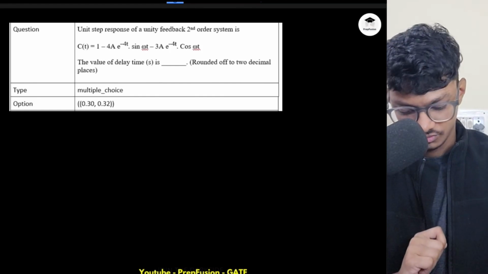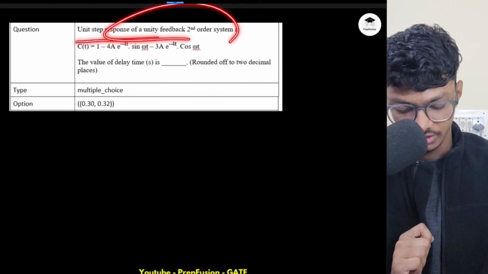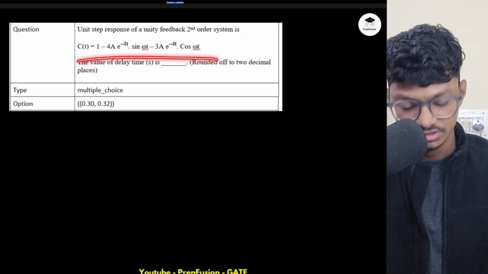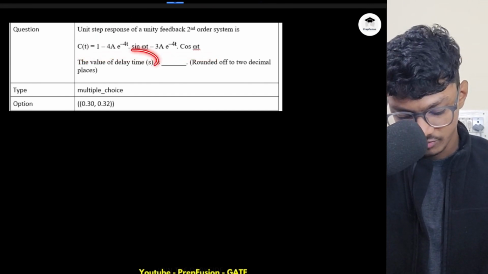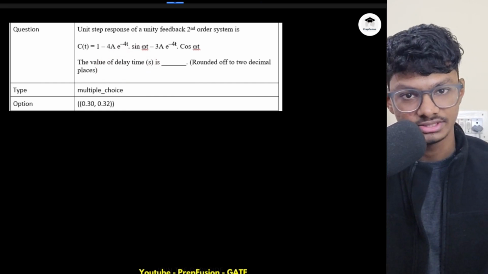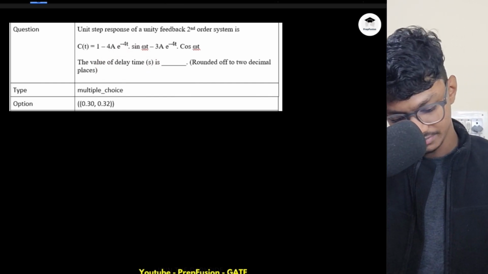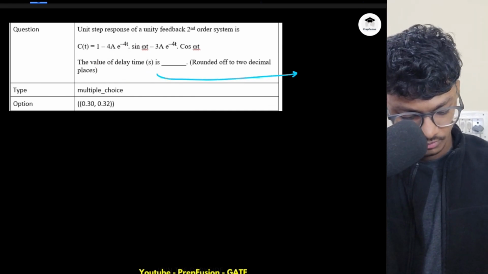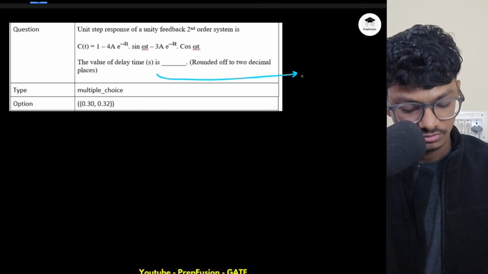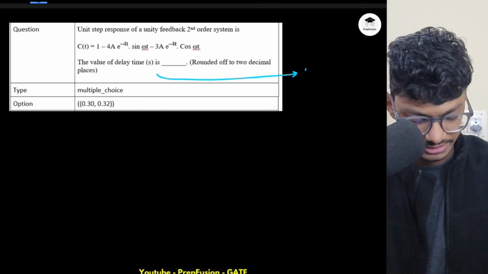Let's solve this question. We have been given the unit step response of a unit feedback second order system. This is a standard second order system. We have to find out the delay time in seconds of this same system. So first of all, what is the delay time? For a standard second order underdamped system, it is